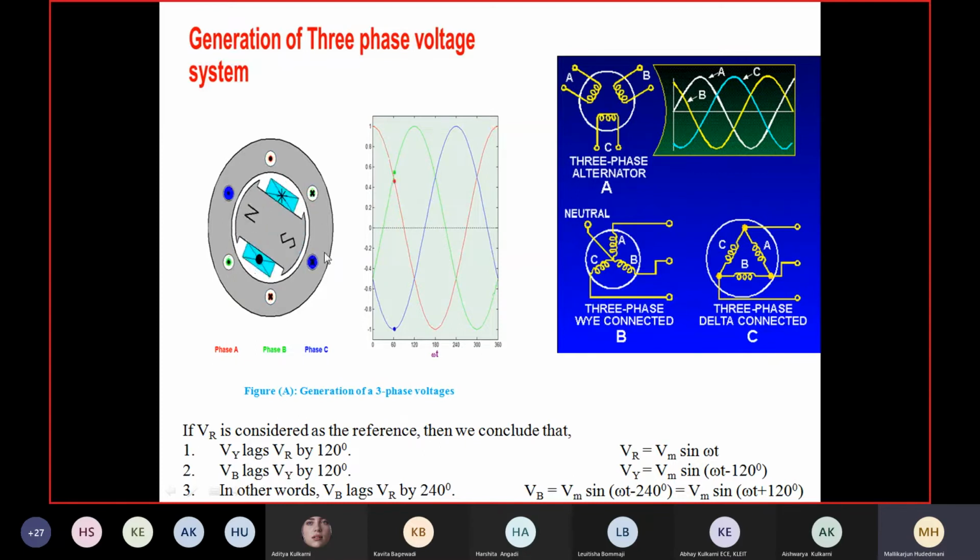North, south electromagnets. Electromagnets are made to revolve. Then what is a generator basically? A generator is an electric machine which converts mechanical energy into electrical energy. Therefore, it should be connected to a suitable prime mover, a mechanical drive by which it is driven. Therefore, the shaft of this machine is to be coupled to a turbine or a diesel engine, anything which can rotate it at a constant RPM,